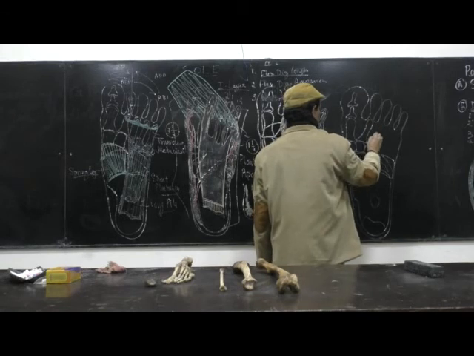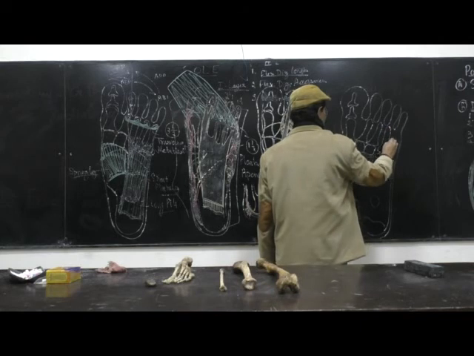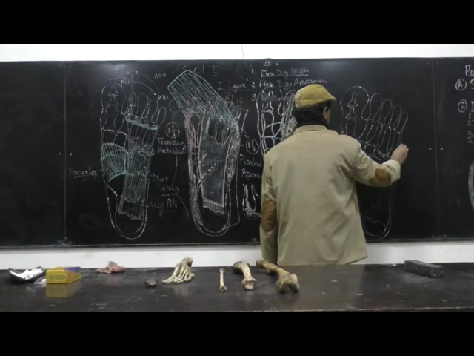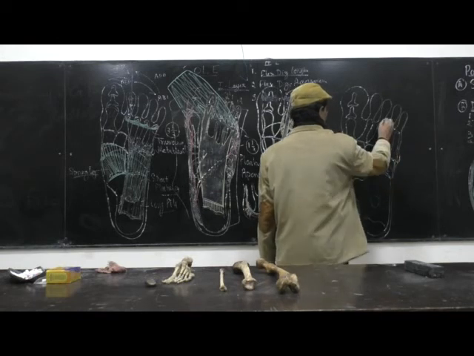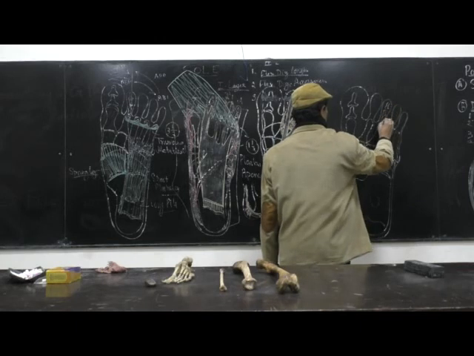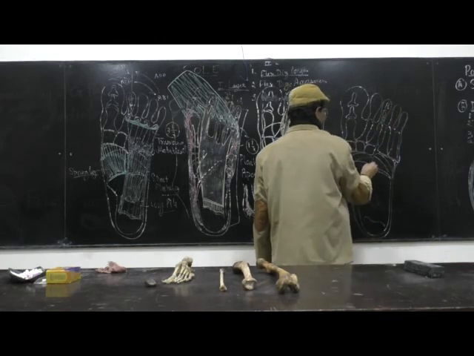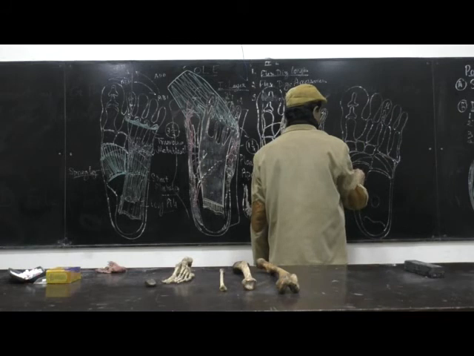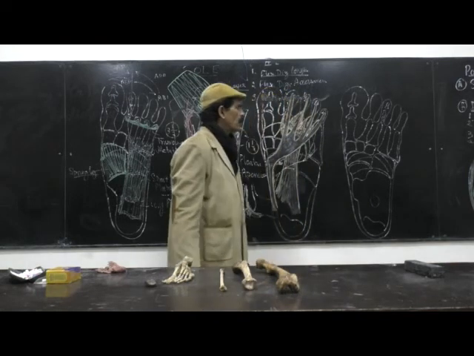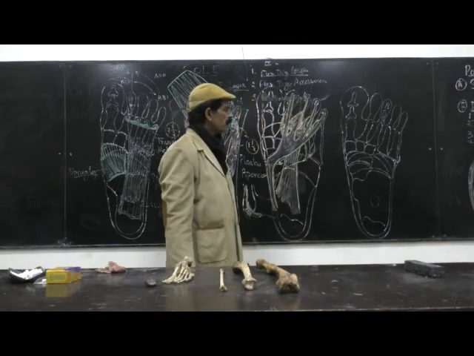The second one, the third one, the fourth one is the cuboid, the fifth one is also with the cuboid, with the tuberosity at the base of the fifth metatarsal. And all toes have three phalanges. Here is the head of the talus, articulating with the navicular bone. So again, all the muscles of the third layer